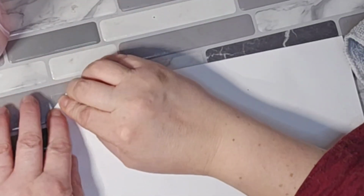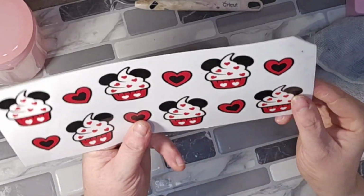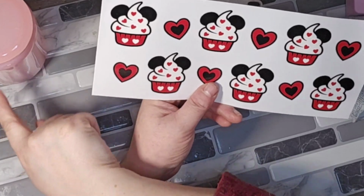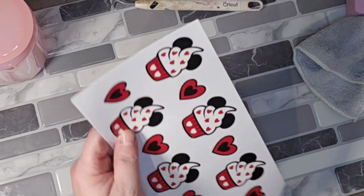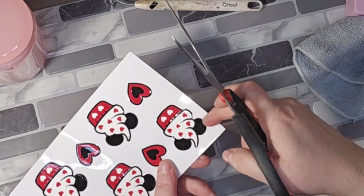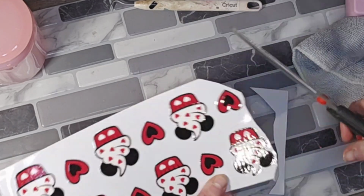But before we properly start working on it, what I like to do is a couple of things. First of all, I take as much excess off the sides as I can. That way it's not sticking to itself and there's less chance of pulling the sticker up or pulling anything off the cup as you're trying to take the excess sticky bit off. I don't know if that makes sense, but I know what I mean, and hopefully you do. So I'm just going to take some scissors and gently, you can see the outline of the actual sticker, so you don't want to cut that. But I like to gently take the excess off at the edges, like that,